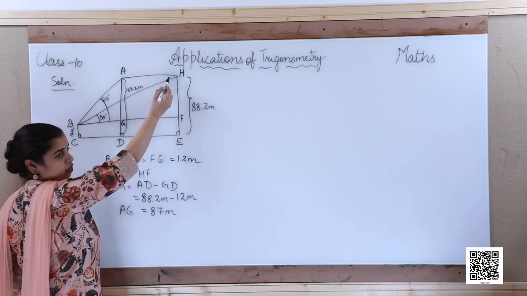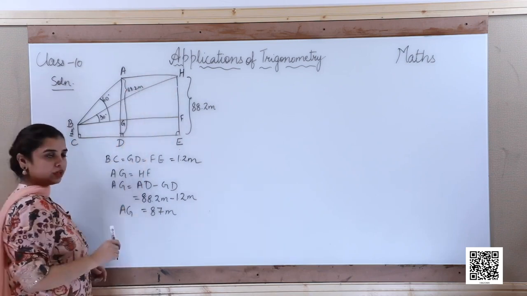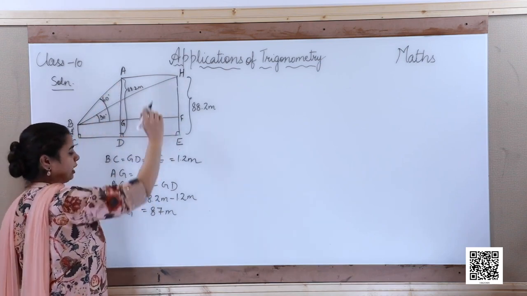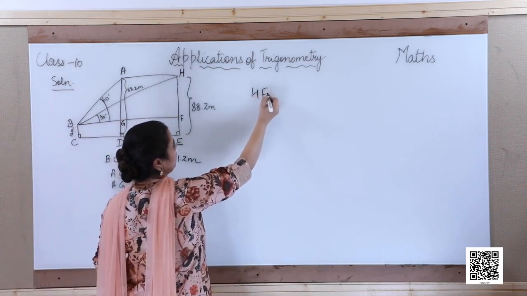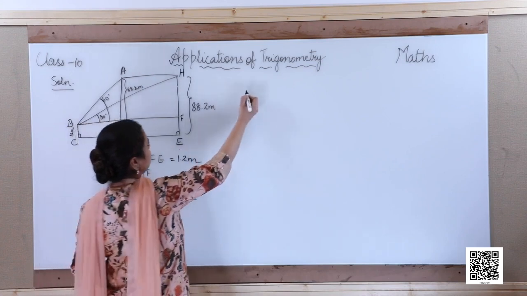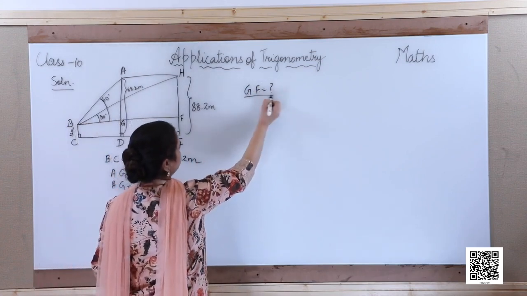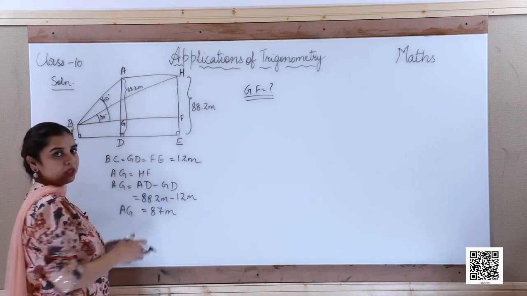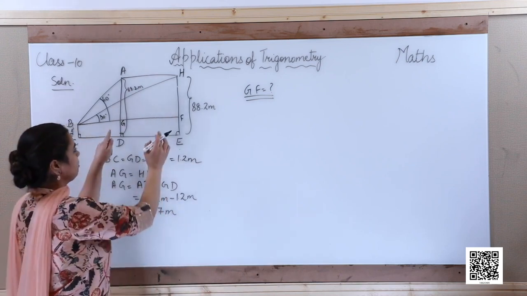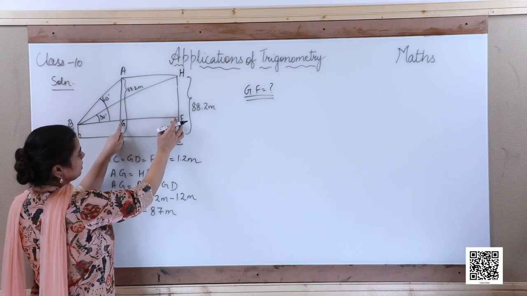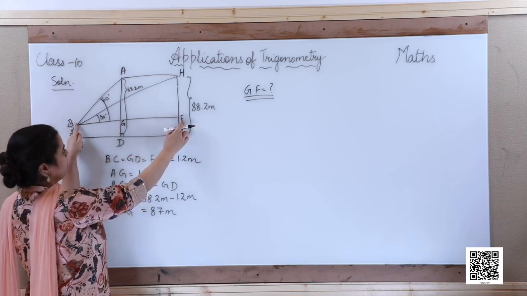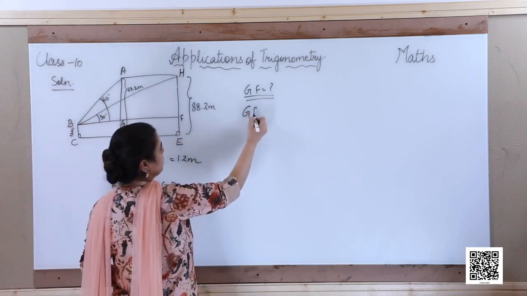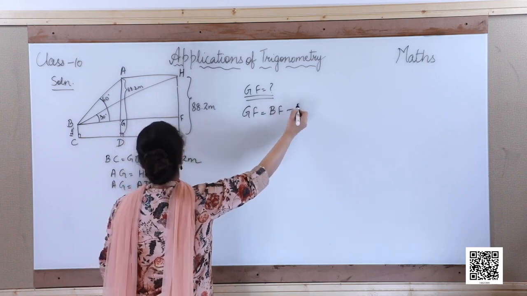Now we want to find AH. We will find this AH with the help of trigonometry. Now AH is same as GF. So if I find GF, my purpose will be solved, AH will be found. So I basically want to find GF because that will give me the distance travelled by the balloon from A to H. Now this GF is not a side of any triangle, but I can find it from here. This GF is a part of this whole line BF, and from it if I cut this part BG, I will get GF. So if I want to find GF, I need BF and BG,